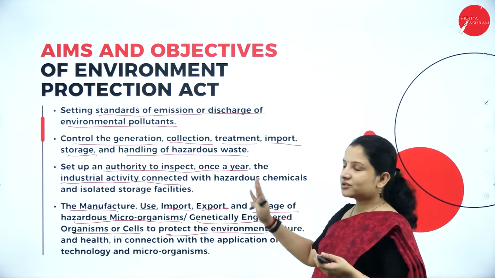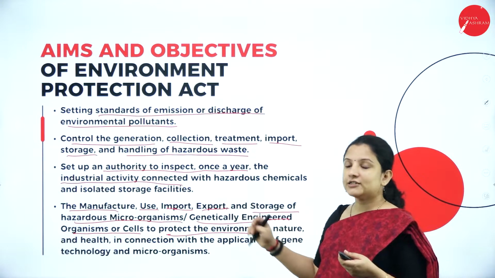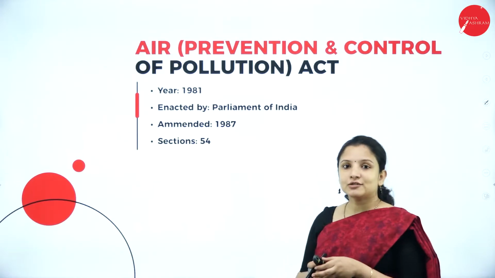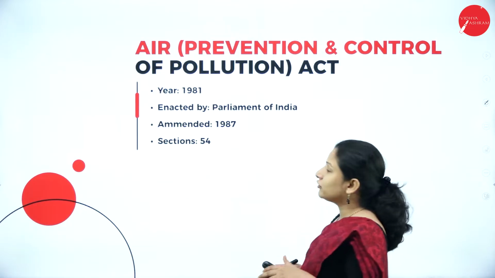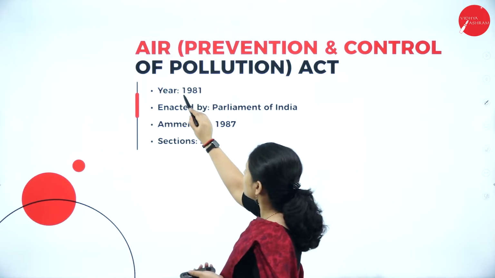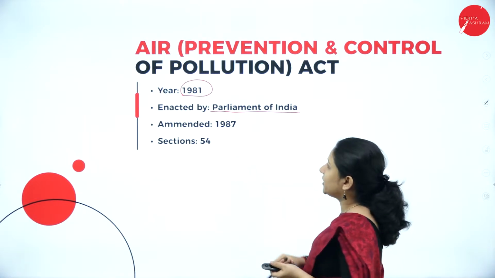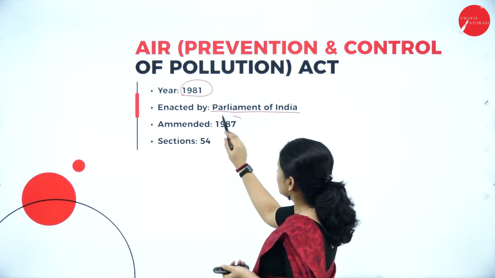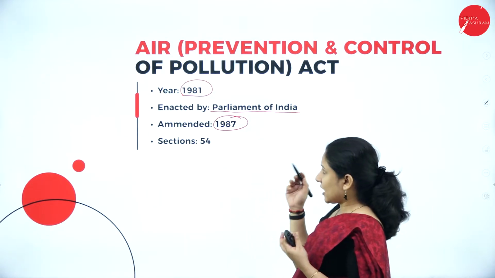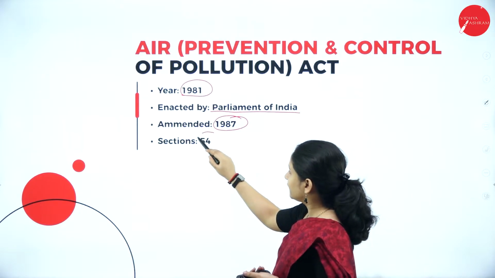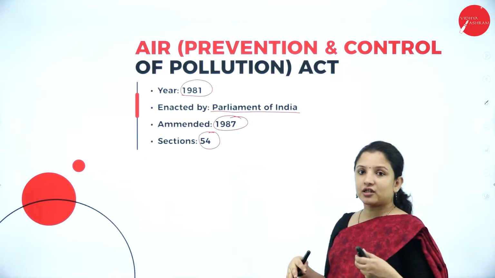They have different sections in which they have all these rules and regulations. So next, talking about the Air Act, which is the Air Prevention and Control of Pollution Act. It was put forth by the Parliament of India in the year 1981, but it came into existence and was followed in the year 1987, and this act has 54 sections, wherein each section has a set of rules and regulations